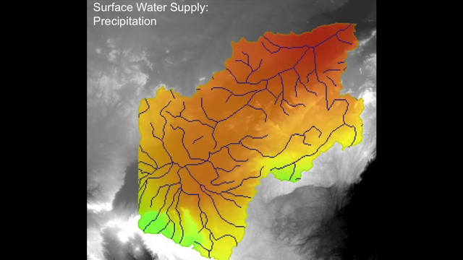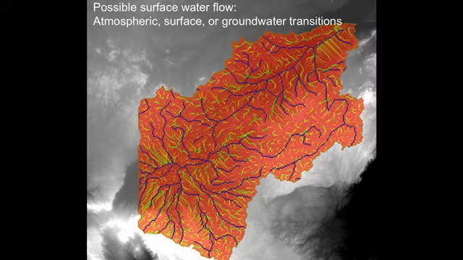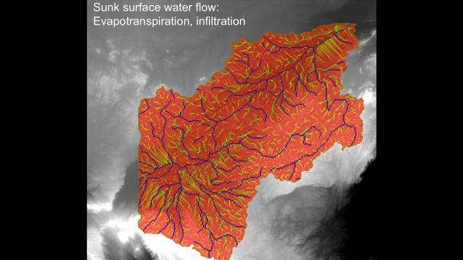And then just a few maps to show some of the scoping work we've done to date. So you've got your supply of water from rain. This is a really important aspect of this model, the differences between dry season and wet season beneficiaries, and the seasonality of the main stem of the river. Overlaying that and trying to figure out possible surface water flows, so atmospheric, surface, and groundwater transitions. We haven't really done the groundwater piece yet, but would like to.